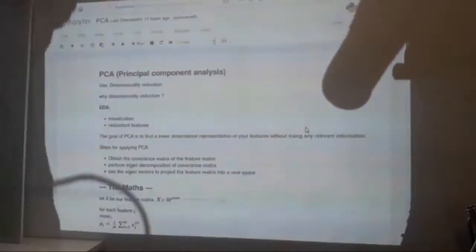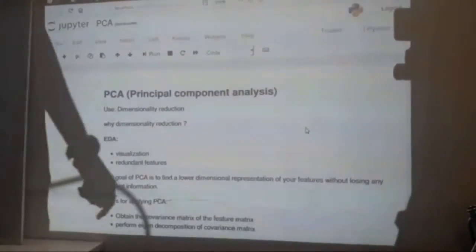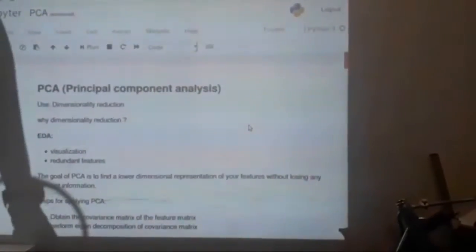But what happens when your data set has four pictures? It becomes difficult to visualize when you have more than three pictures. So